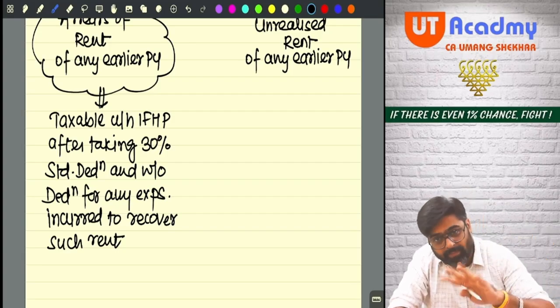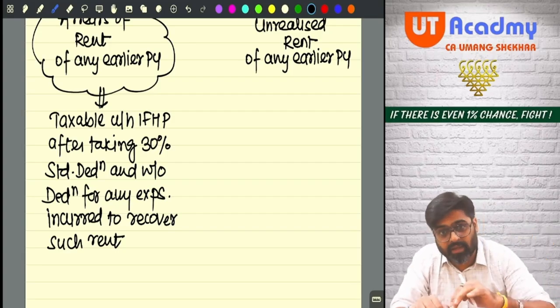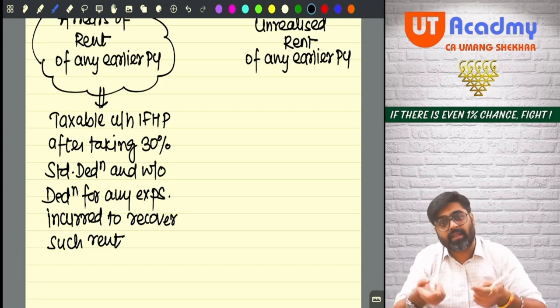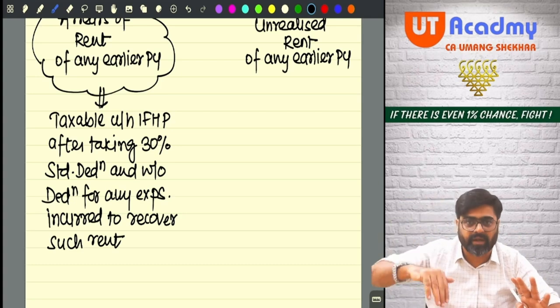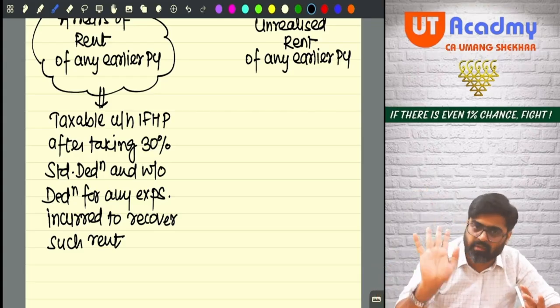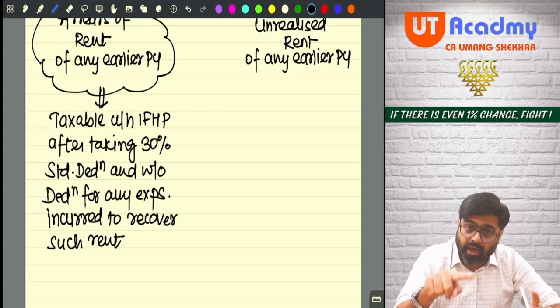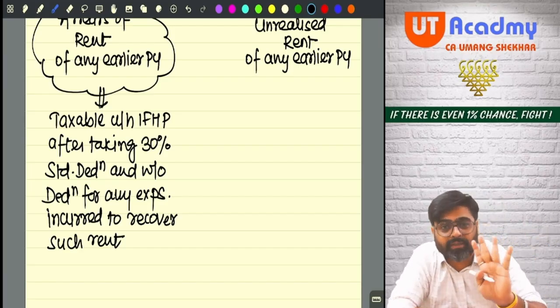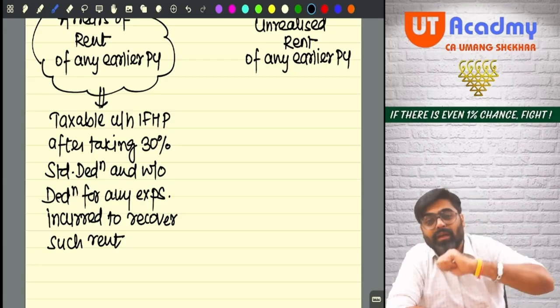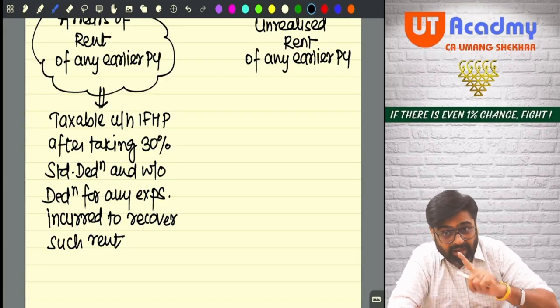But take the 30% standard deduction in the year in which the rent is recovered. In that year, the rent will be taxable under the head house property. Actual arrears of rent recovered will be taxable in the year of recovery under the head house property. But take the 30% standard deduction. We will not give you any deduction for expenses which you have incurred to recover such rent. And see,